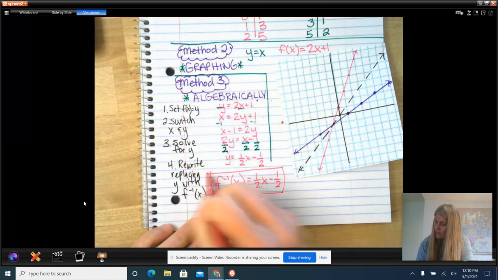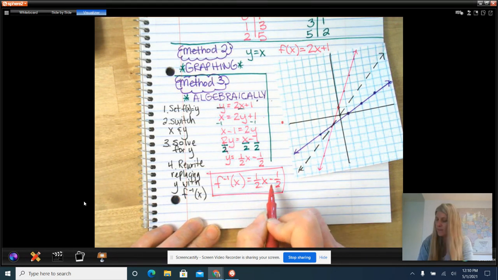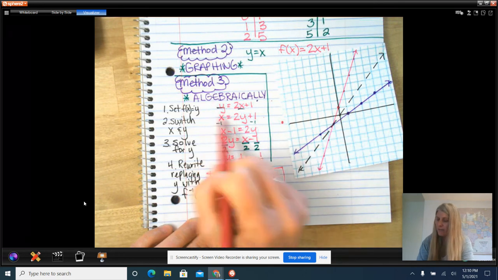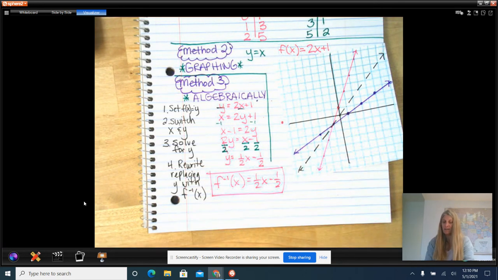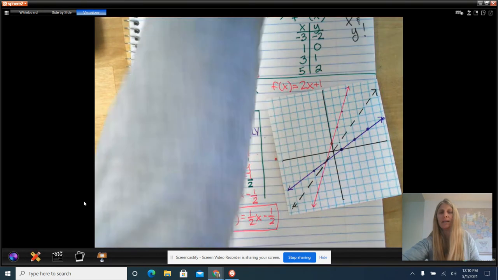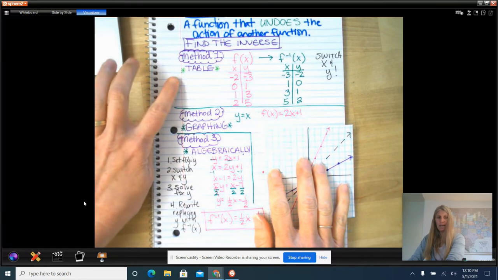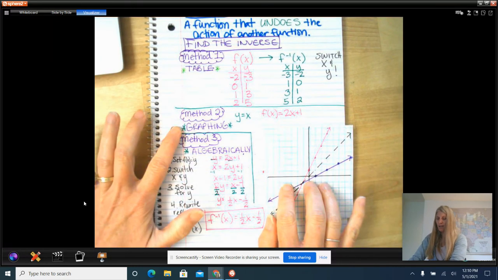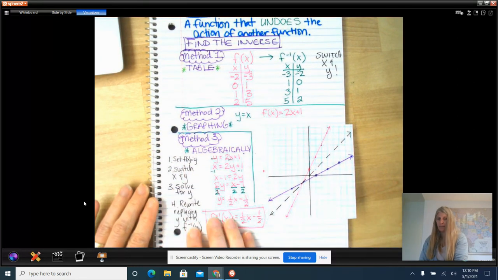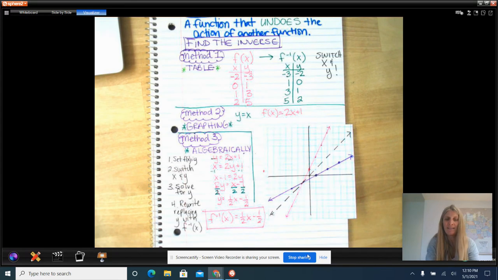And that tells you that this is the inverse function of the line y, or f of x, is equal to 2x plus 1. So this, ladies and gentlemen, is inverse functions and how to find them, both using a table, using graphing, and algebraically. Let's go ahead and practice on our Desmos